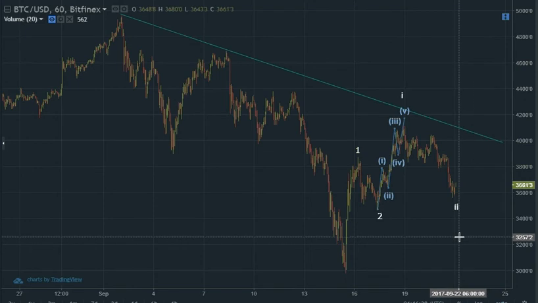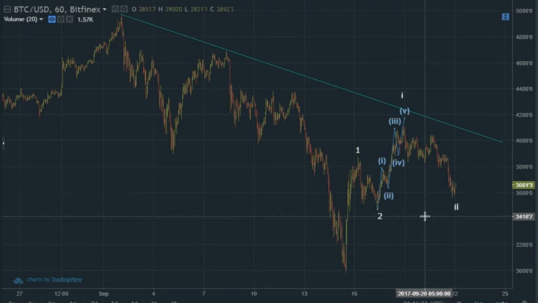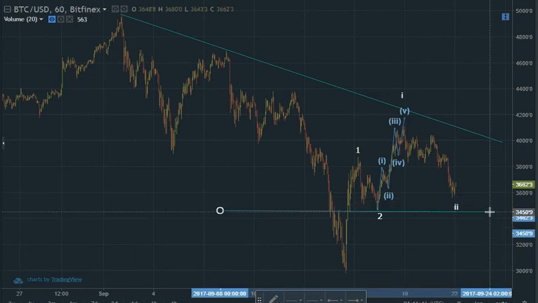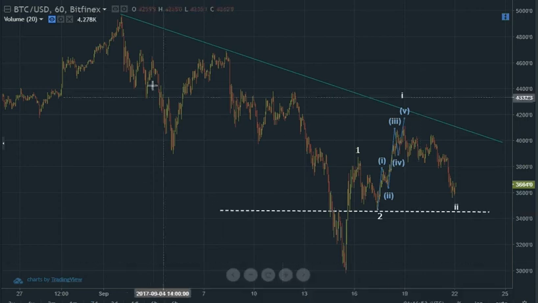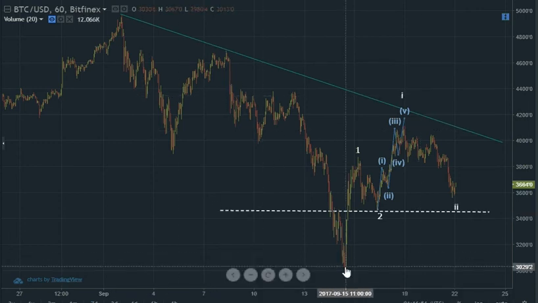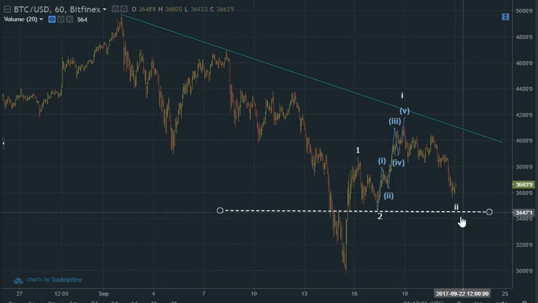And clearly, if it does go below this, for me, this would be the line in the sand. Well, I'd be saying, okay, the ABC that could have been done is not done. And this still, to me,